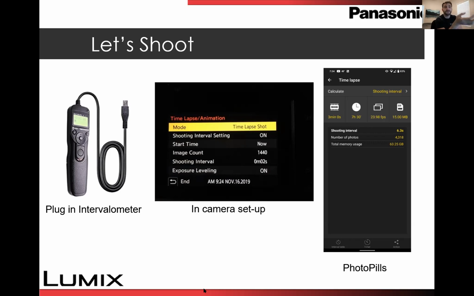So if I know that my camera's JPEGs are 15 megabytes in size, and I put that piece of information here, that will tell me how much storage space I am going to use for this time lapse. So making sure that you're prepared and ready to go with the right size memory card, enough open storage on the memory card,